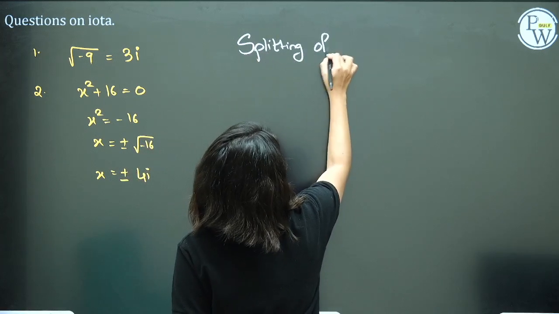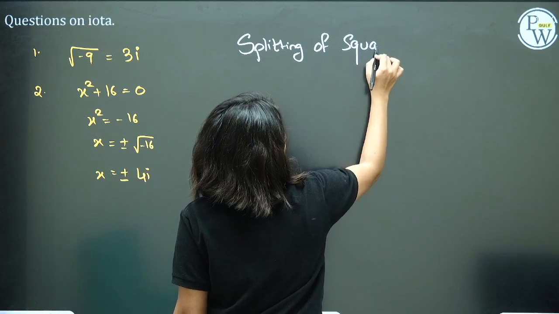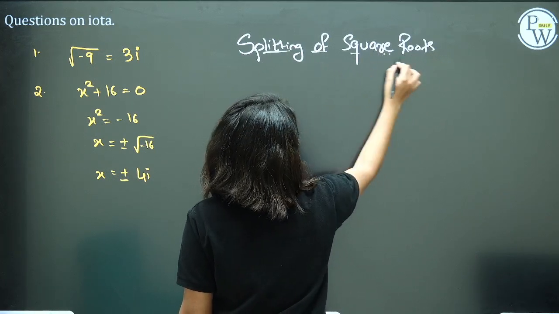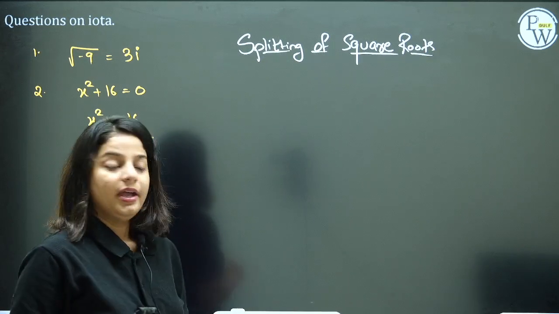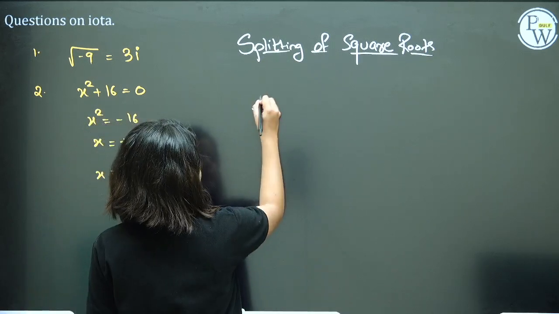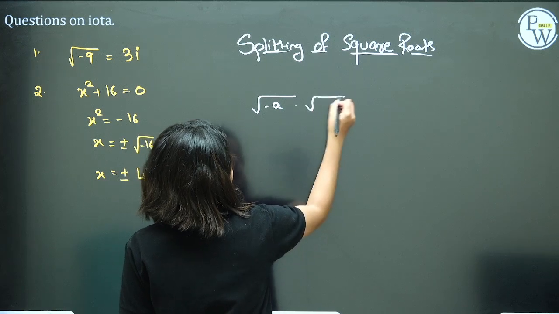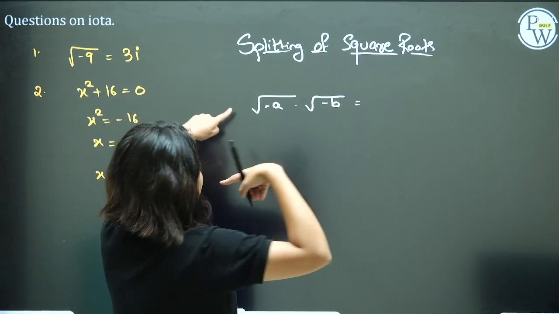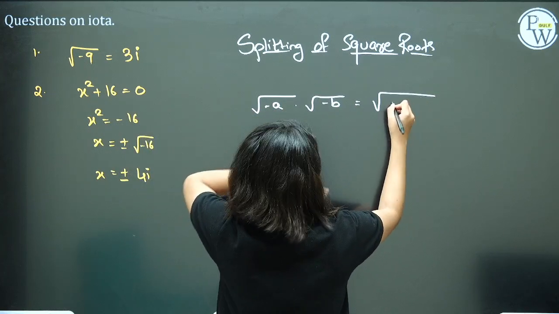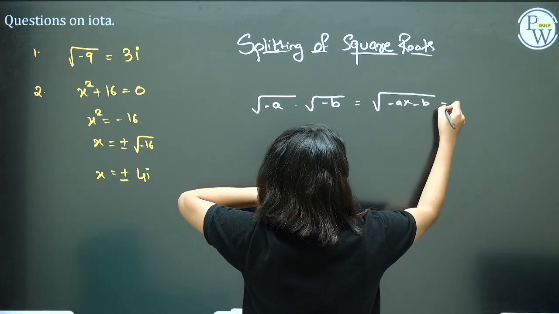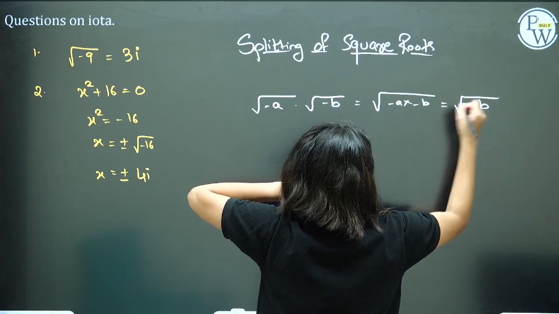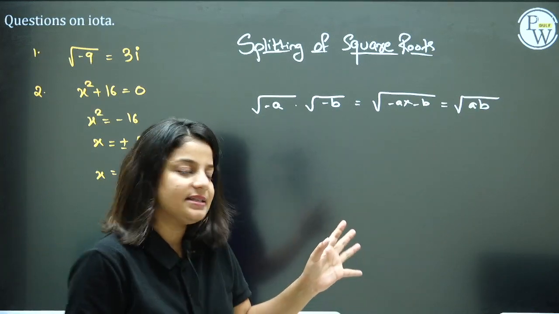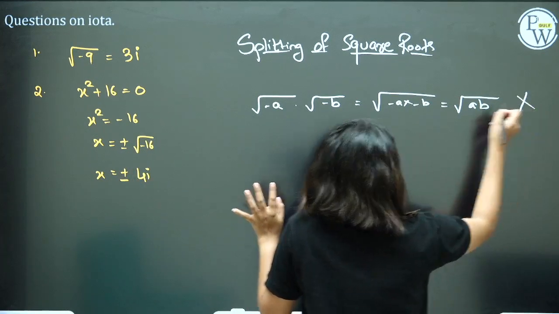Splitting of square roots. And what happens in that? Root of minus a into root of minus b. Now a general tendency says mix up the root, minus a into minus b, minus in multiplication will go up and the answer is root of ab. That's what the general tendency says, but complex number will not say this. It is wrong because